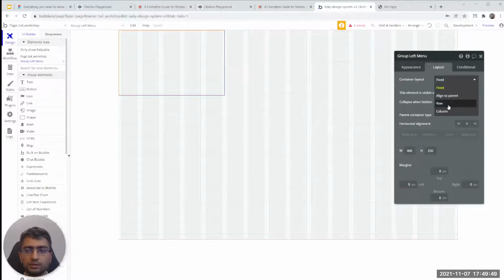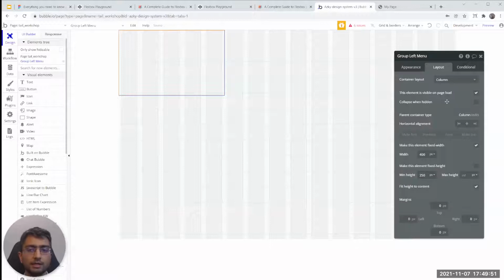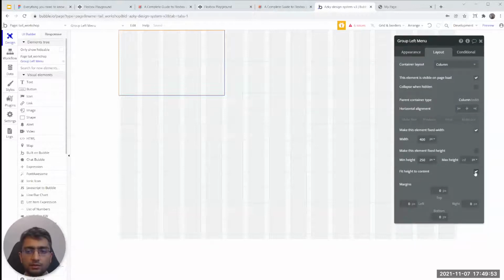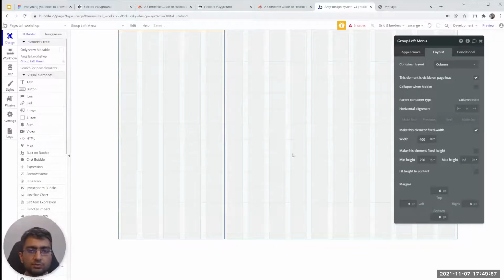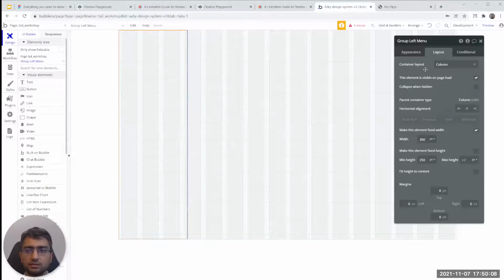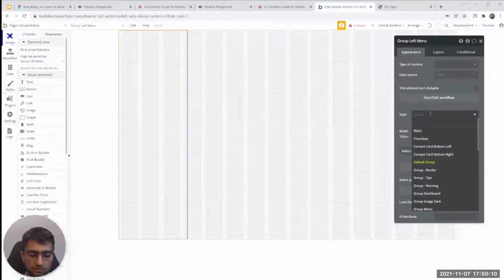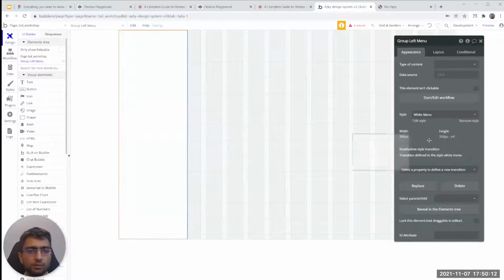The left menu itself will be another column layout, and we're gonna expand its height so that it covers the whole canvas top to bottom. So much easier with the new responsive compared to the old one, just having something top to bottom. 260 pixels, and menu group, white menu. Yeah, that should be fine. So we have a left column, and we need,